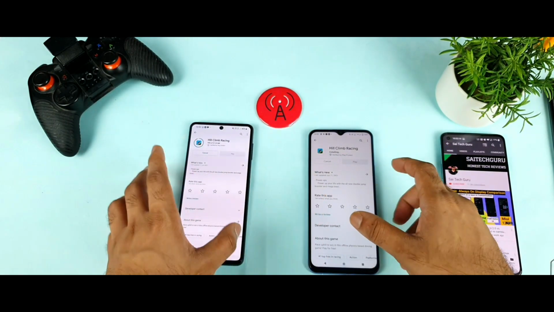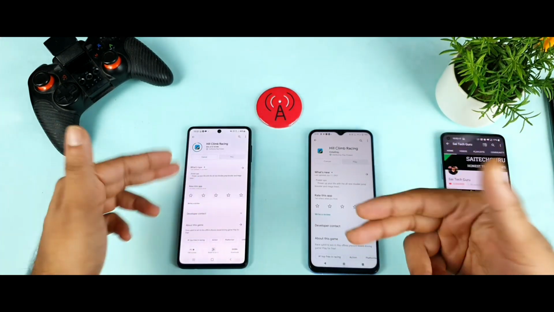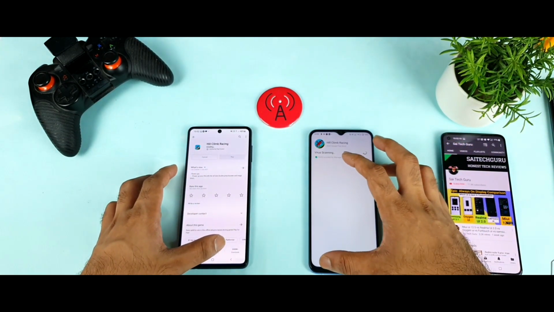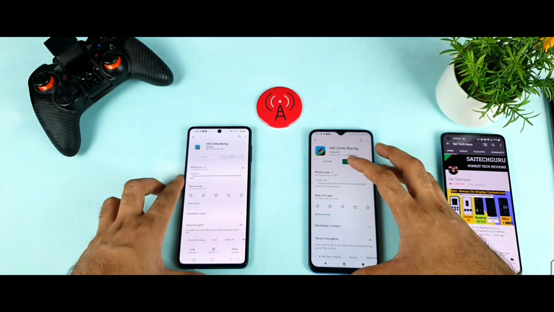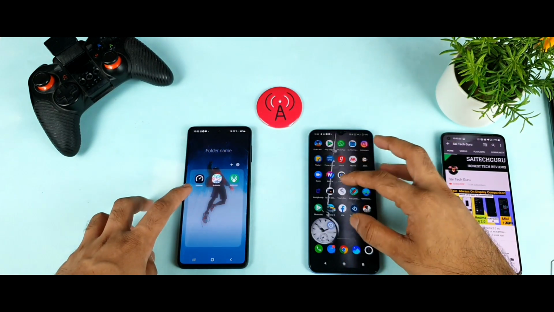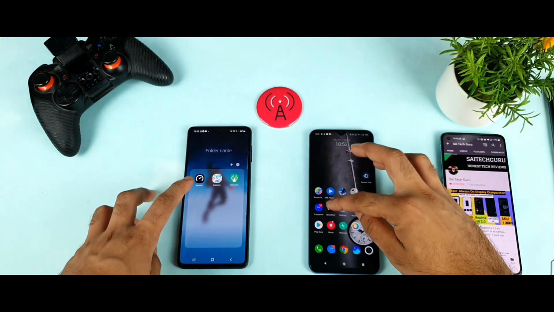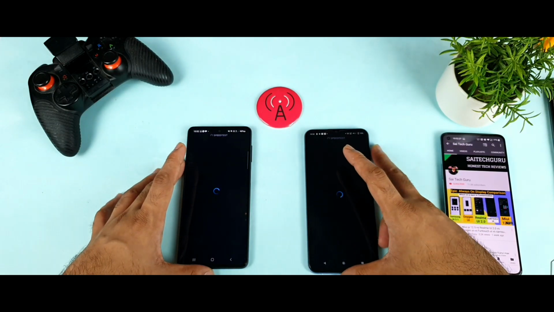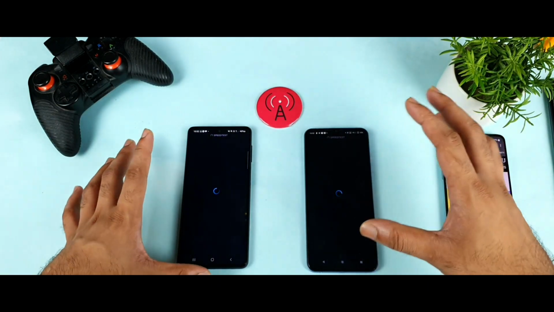Now let's test the speed test. In terms of the speed test, which phone will be the winner? That is what I'm going to check next. Samsung is going to finish, and let me go back to the speed test. Let's open the speed test application. In 4G plus aggregation, both phones don't have 4G plus aggregation.